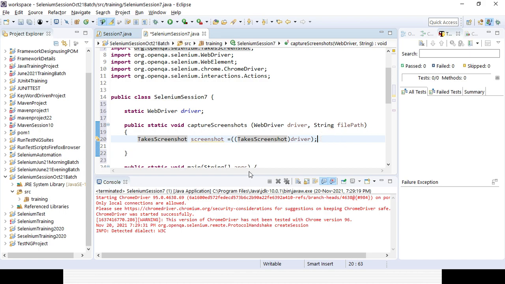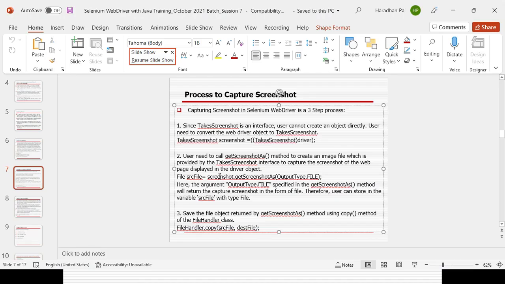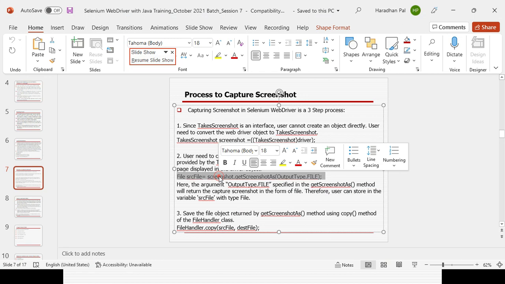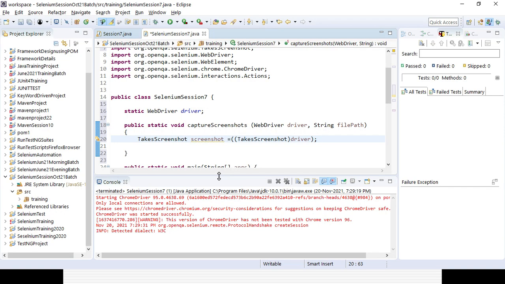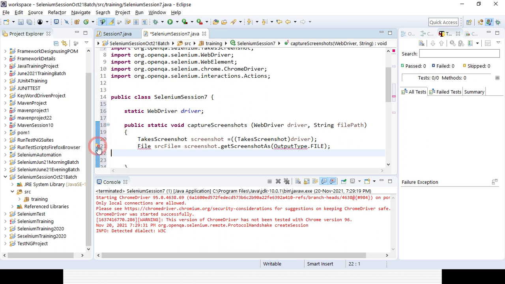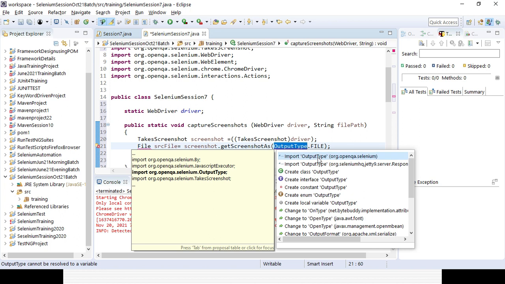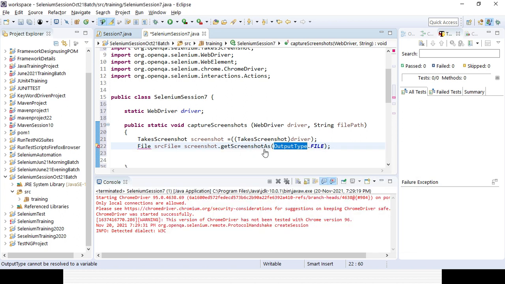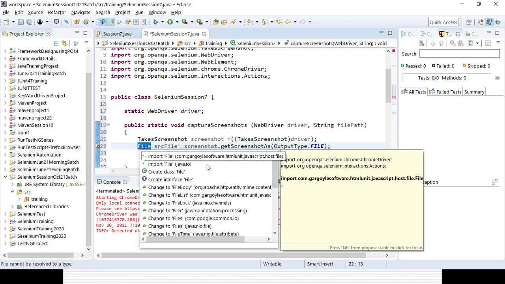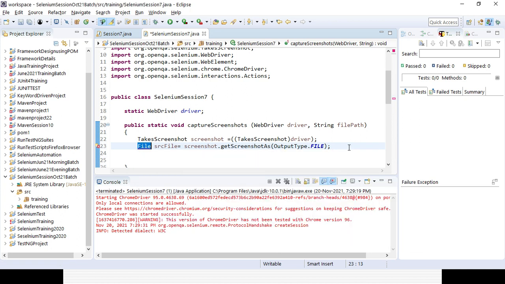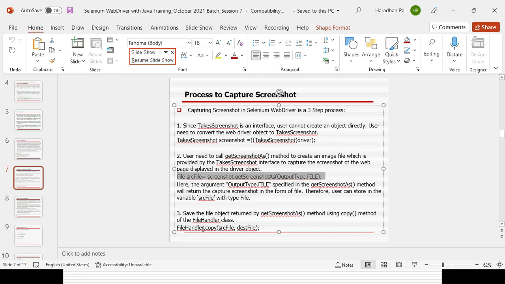The next line stores the result in a source file, whose return type is File. So I need to import the File class, as well as OutputType, from java.io. Then I need to go to the last one.